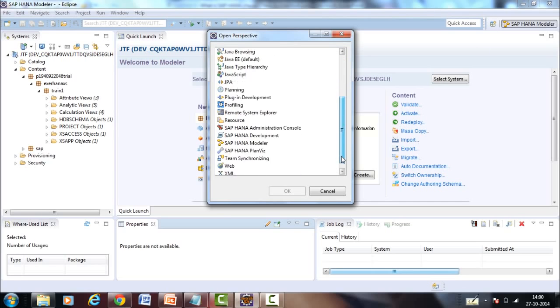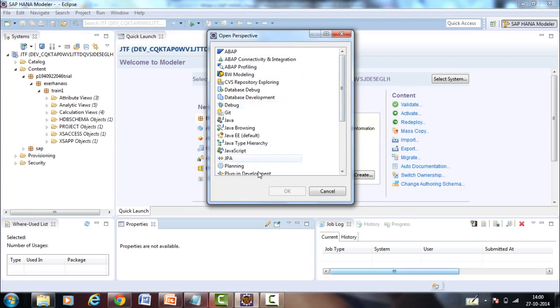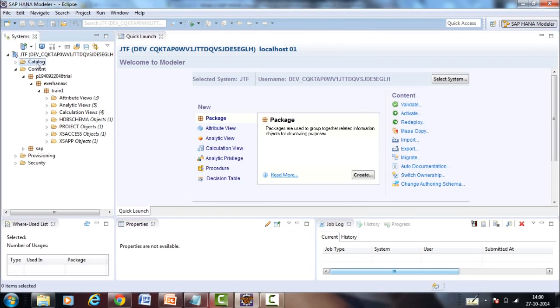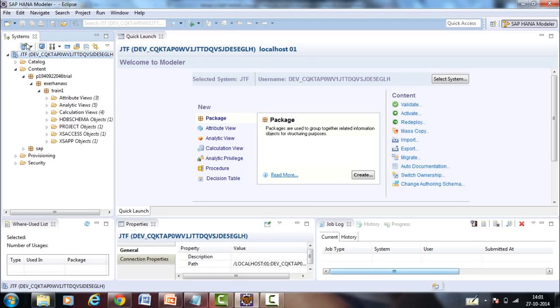You have a whole list of roles or perspectives which you can log into and work on. So in our tutorial, we'll be only working in the modeler perspective. So once you log into the modeler perspective, this is my system here. How I got connected to that system is there's this small icon here which says add cloud